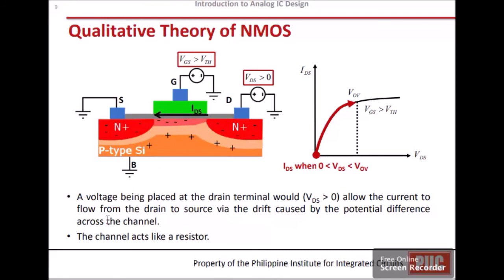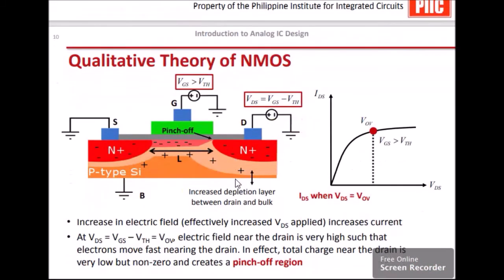Okay. So, in this case, yung channel natin acts like a resistor. So, ito po yung pinch off na sinasabi ko. Ito, nagkakaroon ng pinch off. Kaya, hindi siya totally linear yung nangyayari dito sa ating current flow. Okay? So, itong VOV, ito lang naman siya. That is just the VGS minus VTH. Okay? Yung VOV, that is just your VGS minus your VTH. Kapag yung VDS na-reach niya itong VGS minus VTH, yung VOV, nagkakaroon na ng pinch off and thus saturated na